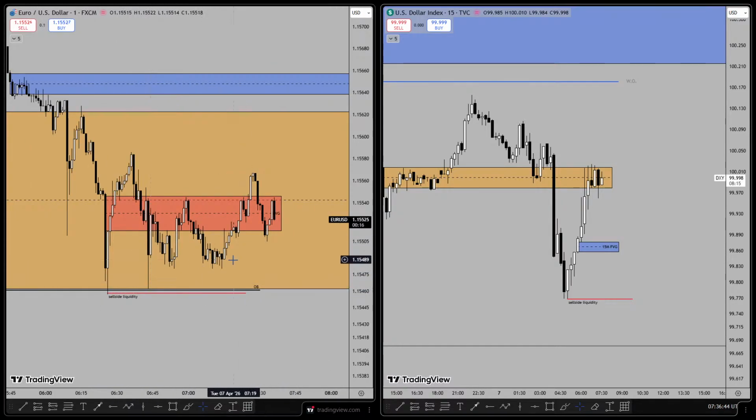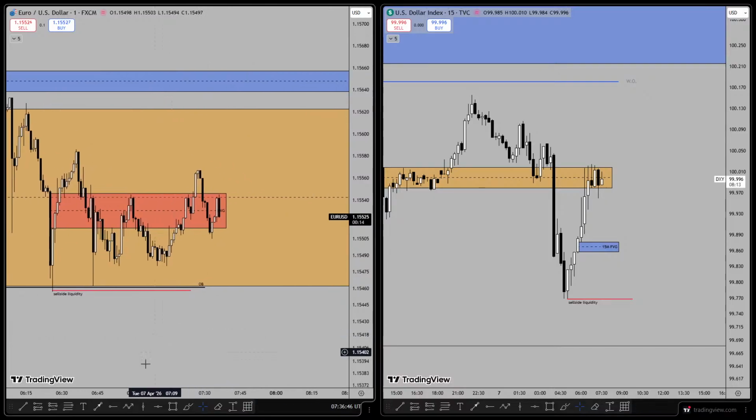That should clear out any liquidity below price, just like a simple power of three. Price should trade lower to run the sell side liquidity and shift in structure. I think that should be a high probability setup